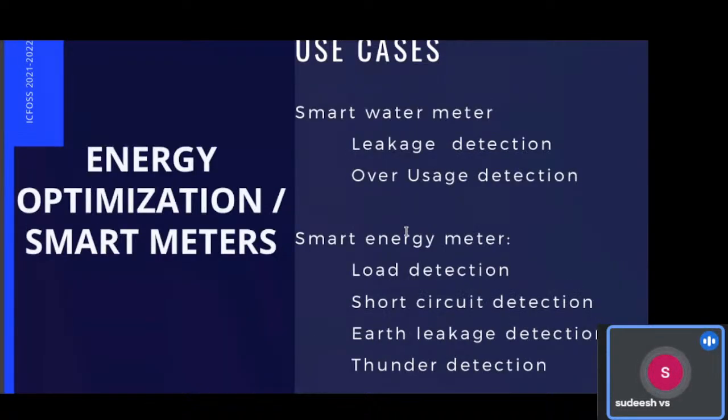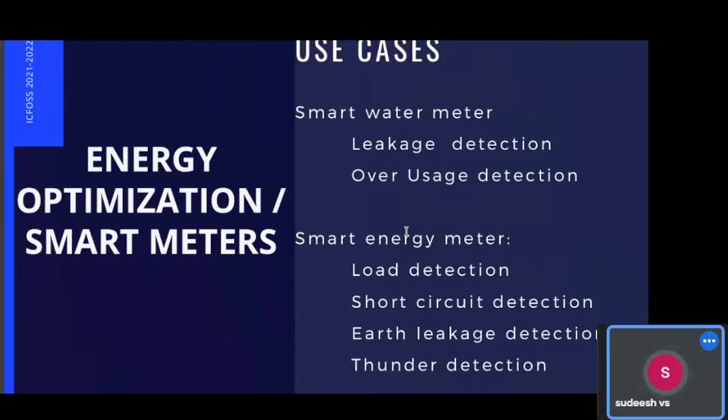Okay. The next use case is energy optimization and smart meters. In energy, there are mainly two sections: smart water meters and energy meters. The first one is leakage detection and over-usage detection. Leakage detection can be done by detecting anomalies in your water usage.